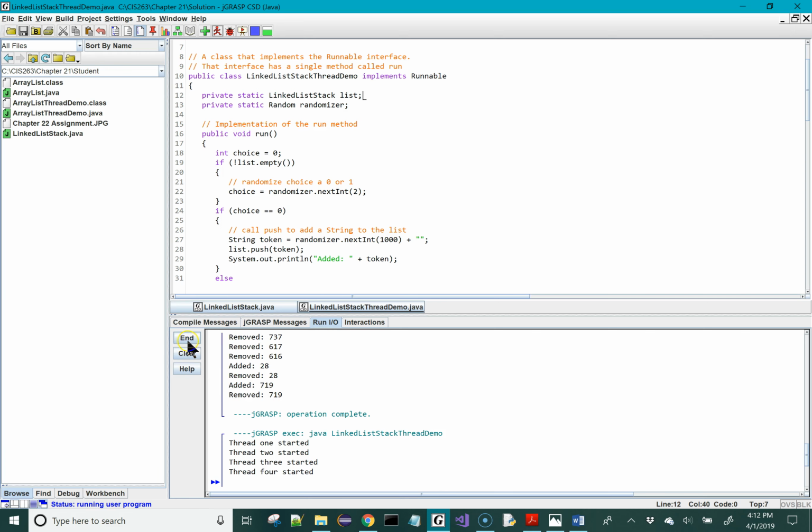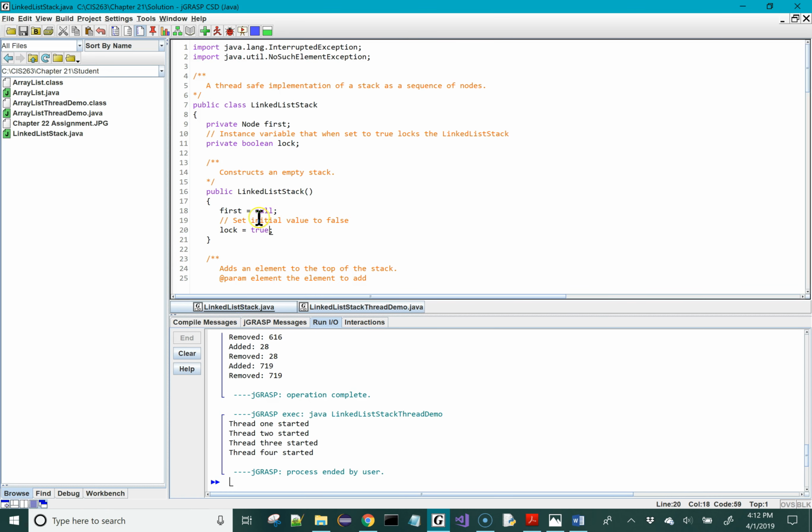So I will just go ahead, click on end, go back into my linked list stack and set it back equal to false. So basically that's all I wanted to cover in this video. So this kind of shows you how you can go ahead and make classes that you have implemented thread safe. So multiple threads can go ahead and access that object